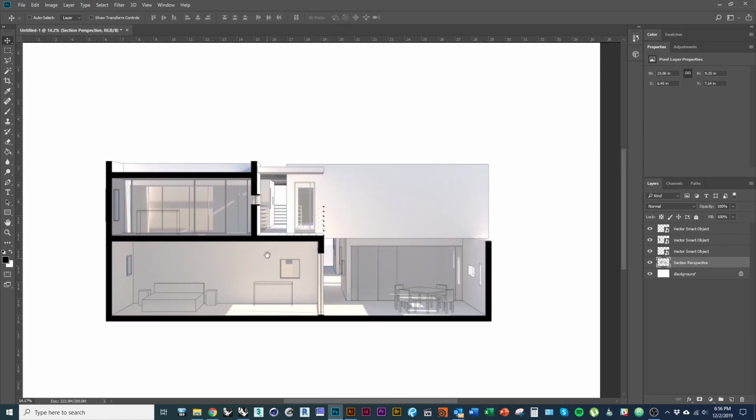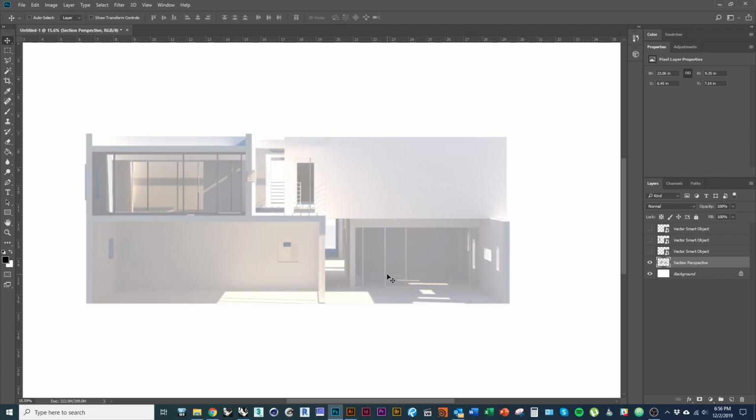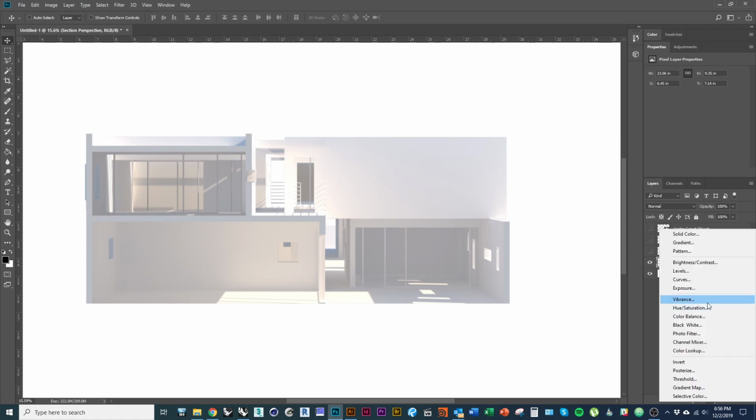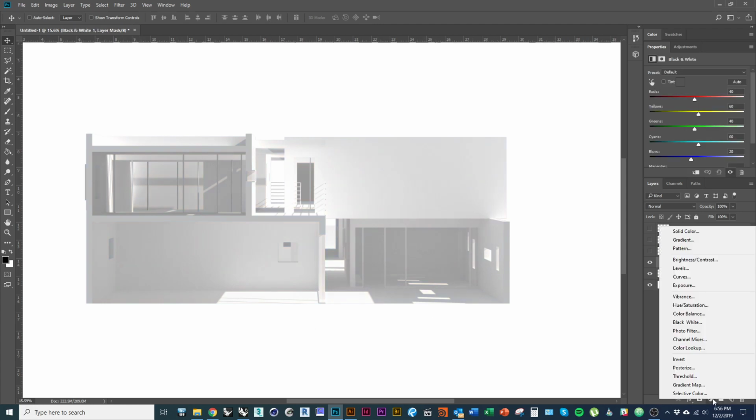Okay, looks great. So I'm going to edit my line rendering a little bit here by adding a few adjustments. First of all, in the bottom of the layers panel, that little circle with the black and white, I'm just going to hit black and white again, to make my image black and white. It doesn't need to be a color drawing. I'm also going to